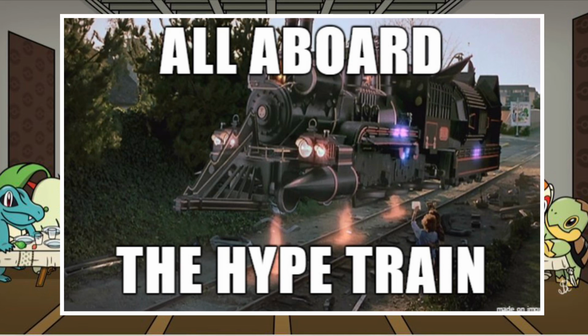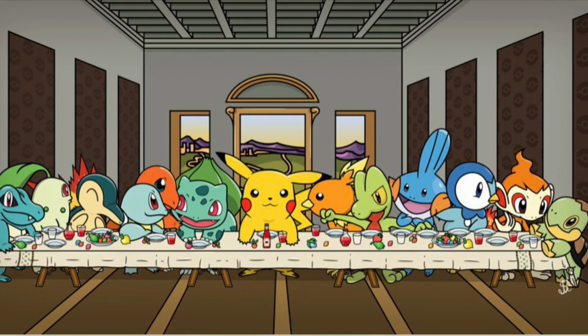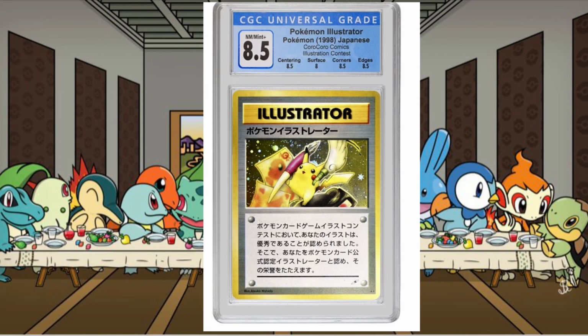Now, will we ever start to see CGC slabs selling for the same amount as PSA or potentially more? Potentially more, no. Same amount, maybe. Will you see a couple outliers here and there where a CGC card sells higher than a PSA graded? Sure. I think that Illustrator Pikachu that was graded by CGC was huge for them as a market leader for grading cards. I do want to know more of the background of that card,